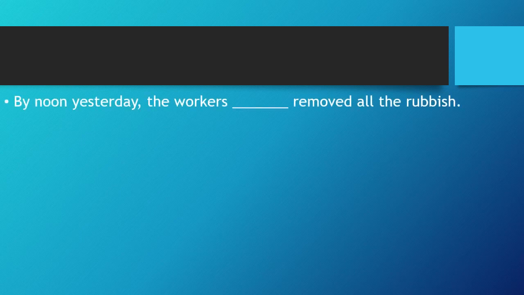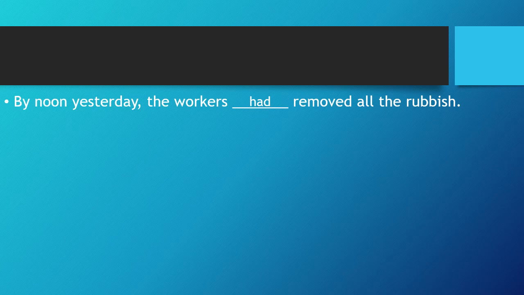Let's do the next one. By noon yesterday, the workers had removed all the rubbish. Here in this blank comes had. In this sentence, we haven't used has or have